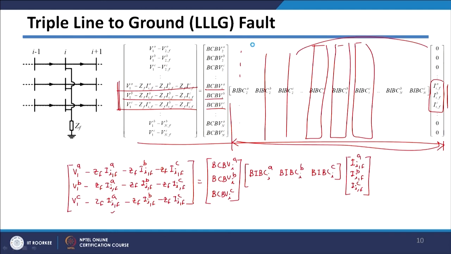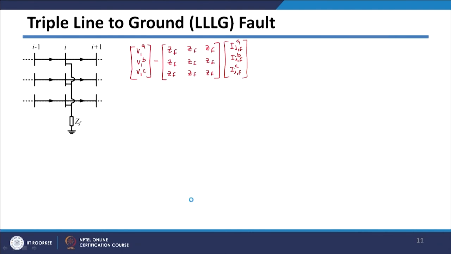This I am writing from this part. If you see, this ZF is getting multiplied with the various currents here, and this part I am just writing in matrix form, which will basically come like this here, which will be equal to